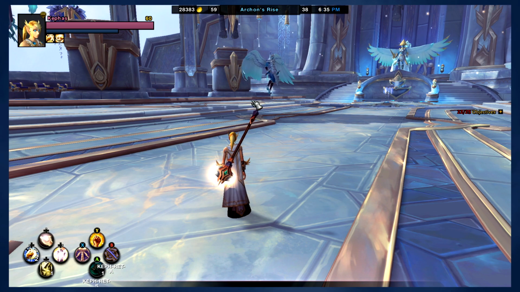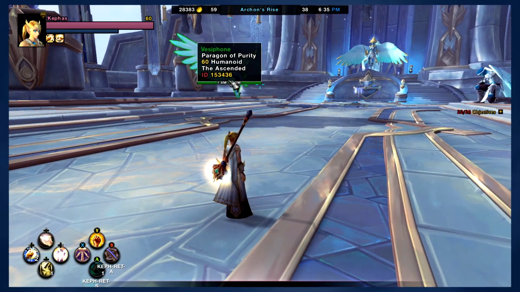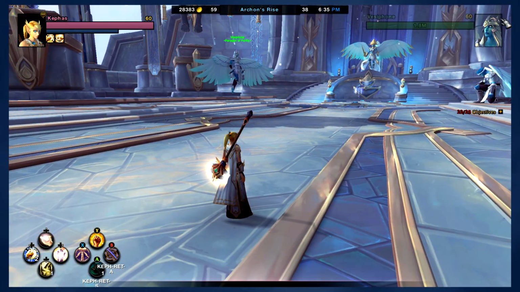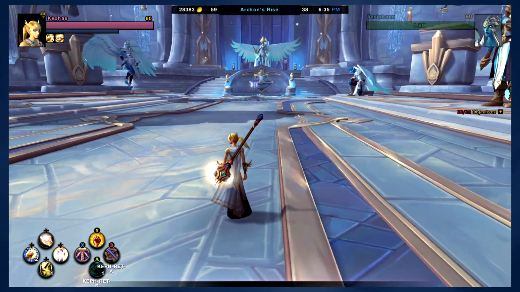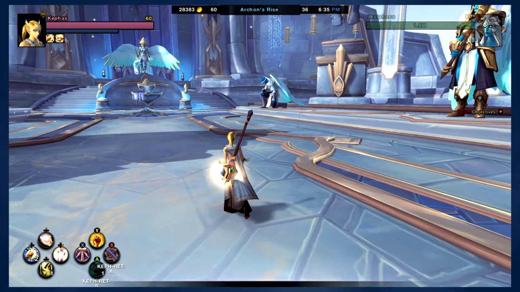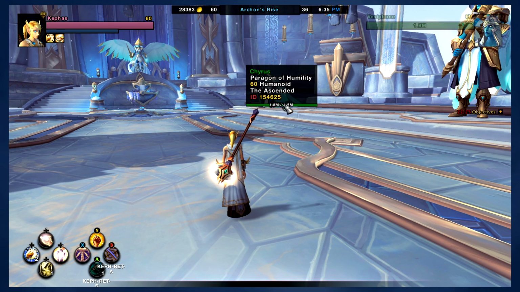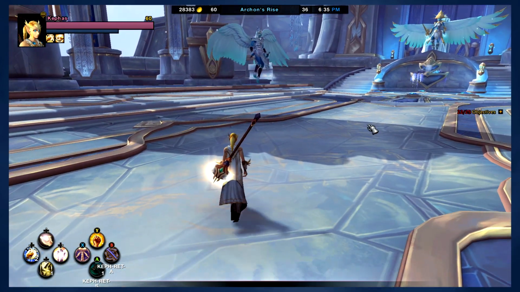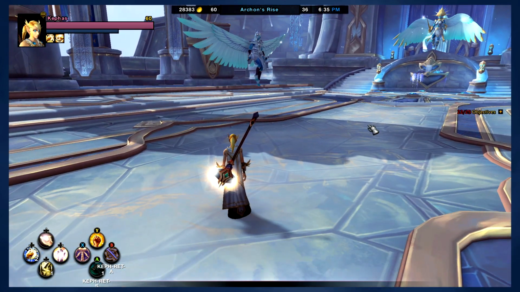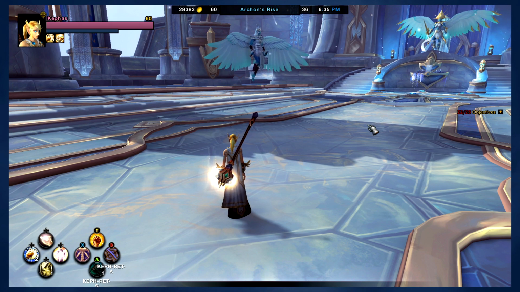That's kind of what I went for there. Of course, if you target something, as you saw, the target would be up here on the top right. So you've got that. You've also got nameplates for whenever it's an enemy, so you'll be able to see those very easily. So the idea is to have as much open screen as possible so that you're not really bombarded